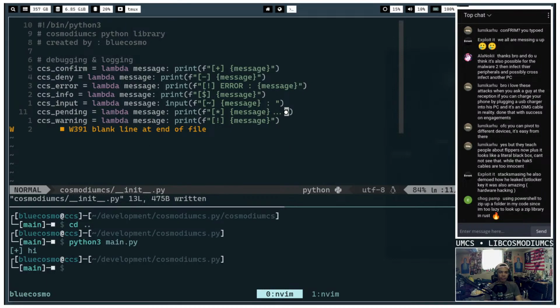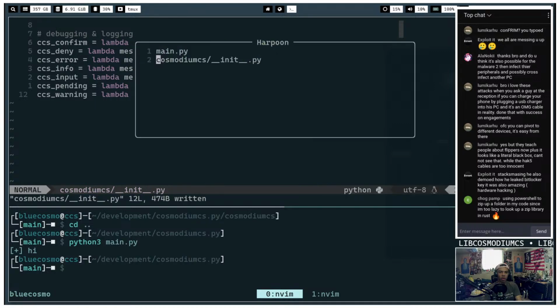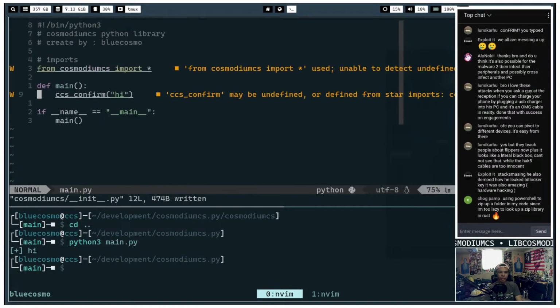So now that we have this, let's go ahead and integrate it into here. So